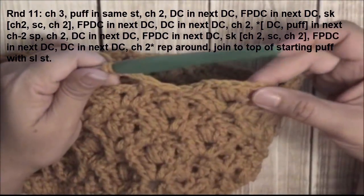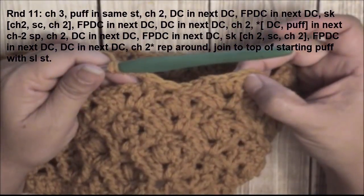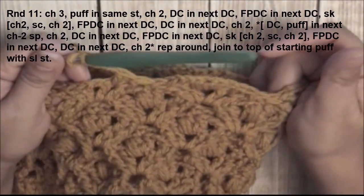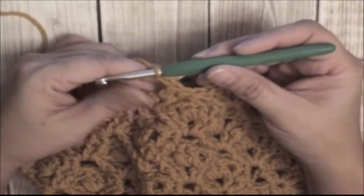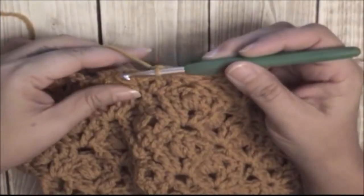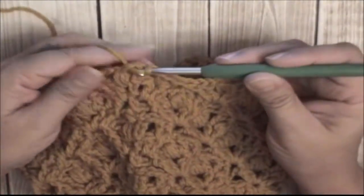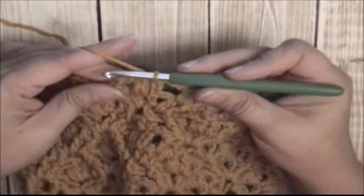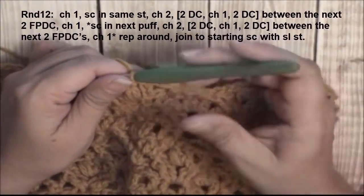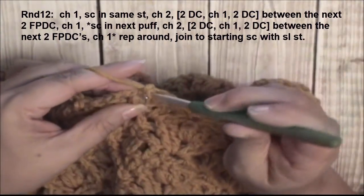Alright, so the repeat again, I'll put it on the screen. It's going to be the double crochet and then puff stitch, and then work that all the way around. Just do the repeat, okay? Alright, so I just finished my last repeat, and then we're going to go ahead and join to the first puff stitch. And now we are on round 12, and we're going to go ahead and chain 1, single crochet